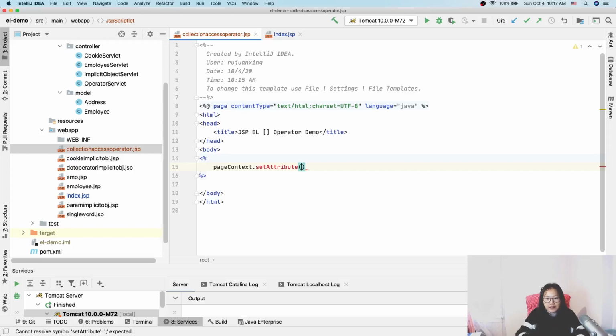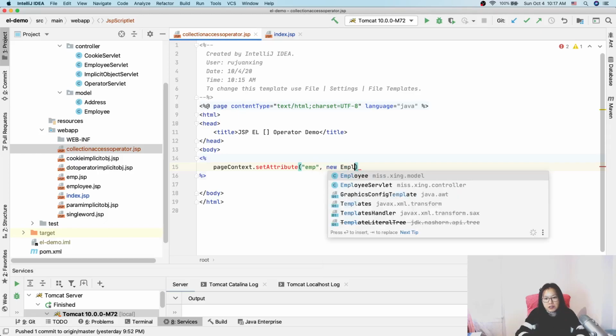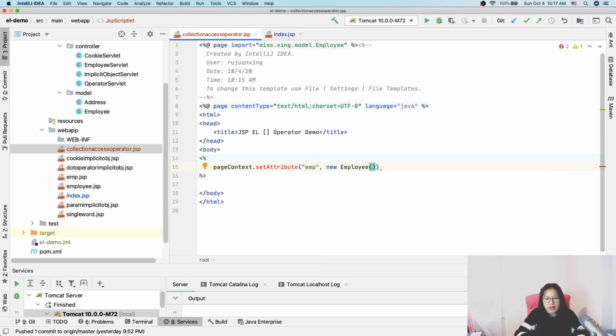Here the key I'm going to use is employee. The value I'm going to use is new Employee, and here we have to at least give the employee ID, right? 3, and what is the name? William. Edward